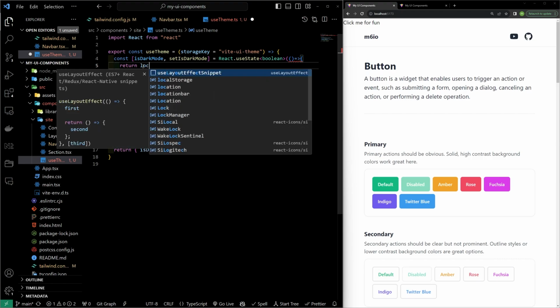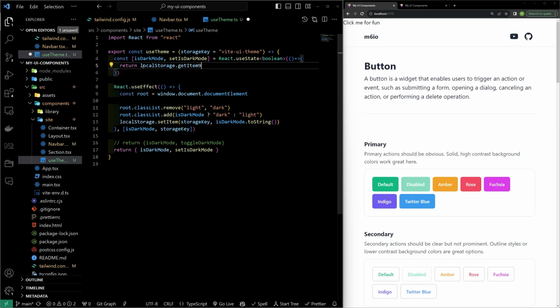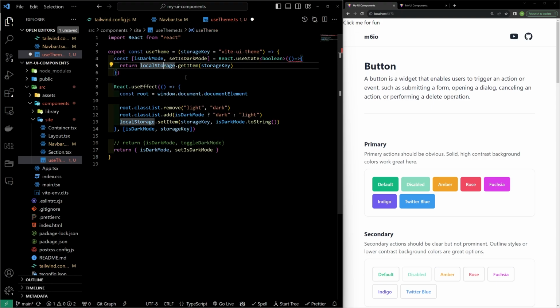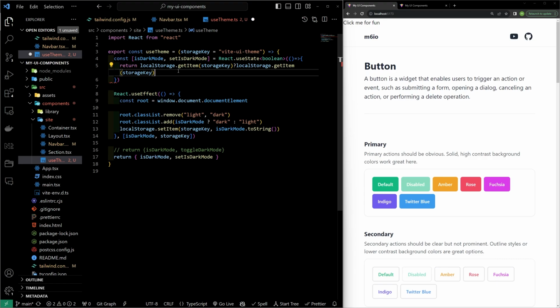So it's going to return localStorage.getItem, getting the storage key from the local storage. Now this is showing an error, and that's because it says the type is string or null, since there's a chance that this key does not exist in the local storage. So first we need to check, does this even exist? If this is not null or undefined, then we want to return the getItem result if it's equal to true. If it's not equal to the string true, then,